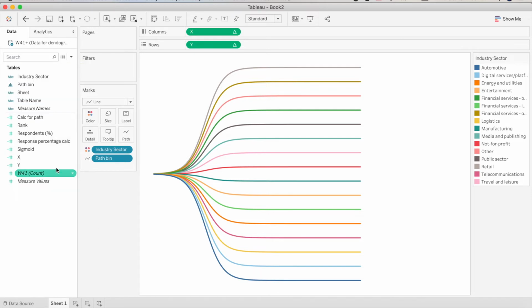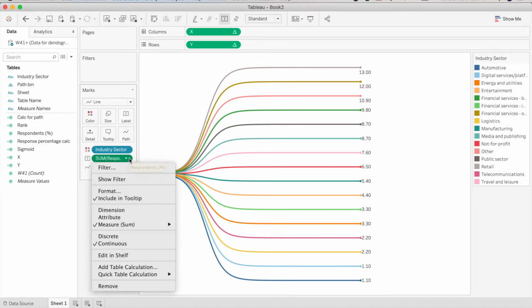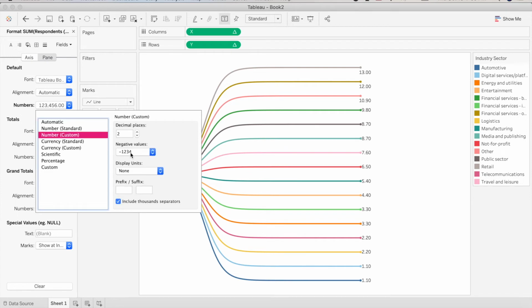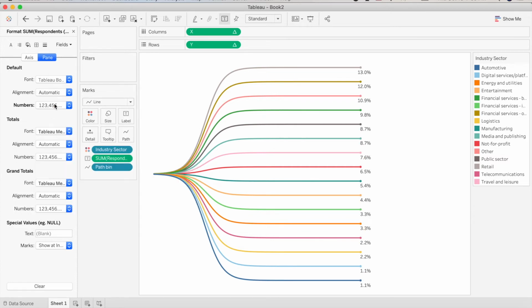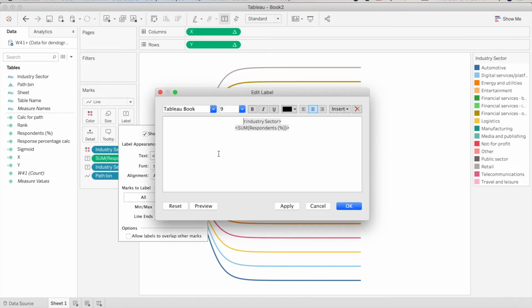Let's add response percentage to the label section and format it, because we have the numbers in percentage already. So let's just customize it. If you want the names of industries also on labels, add them there.